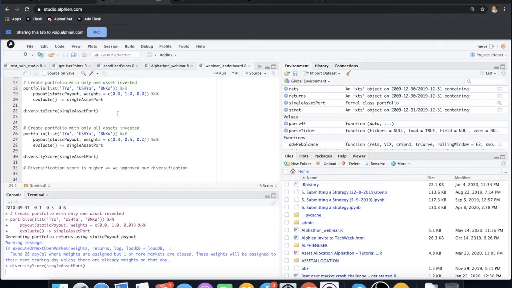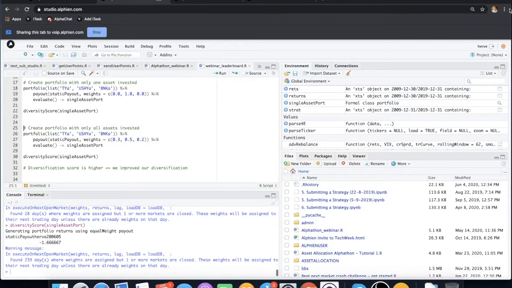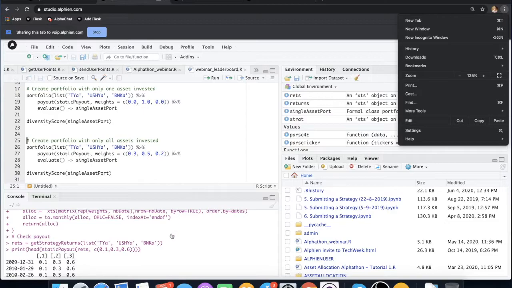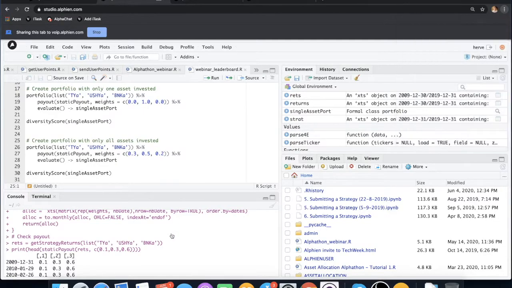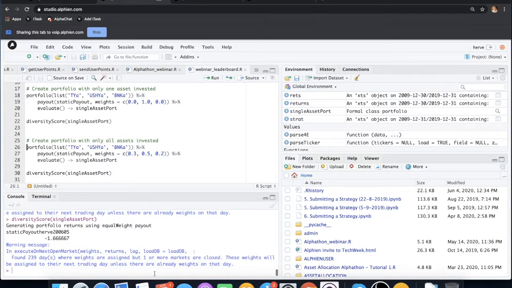I'm just going to run this, and down here in my console, I will be able to see the results. Here it's telling me my diversification score is minus 1.66.